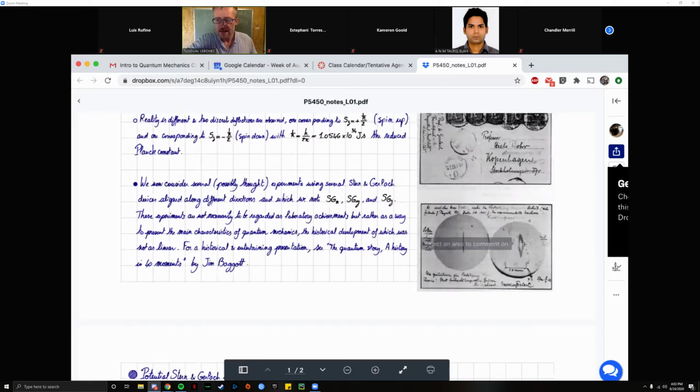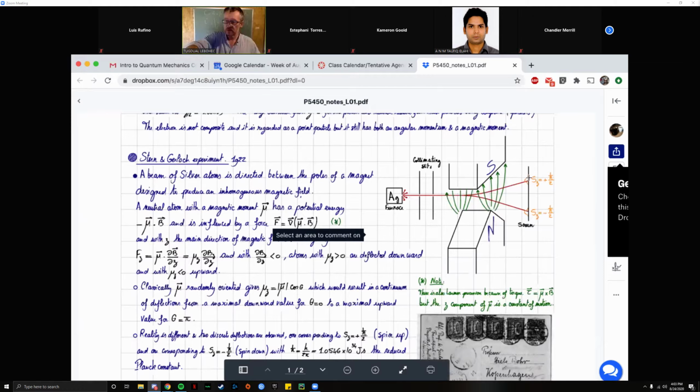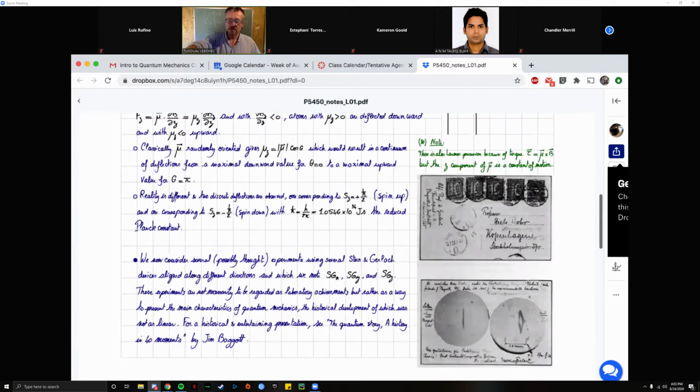So suddenly, while you were expecting, classically, a continuous deflection between some largest value down to some largest value up, instead there was a discrete choice between being deflected up or down by a set amount. So it's something very, very